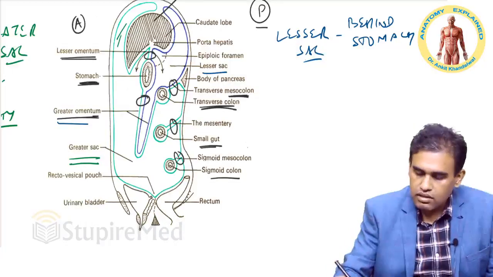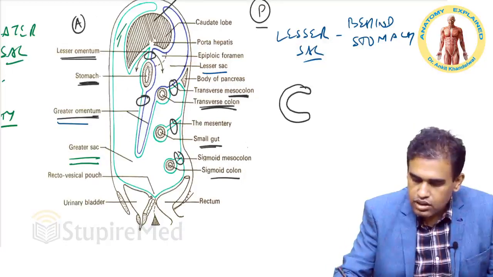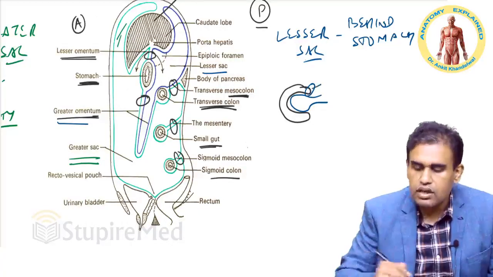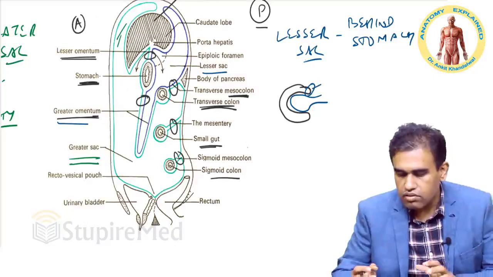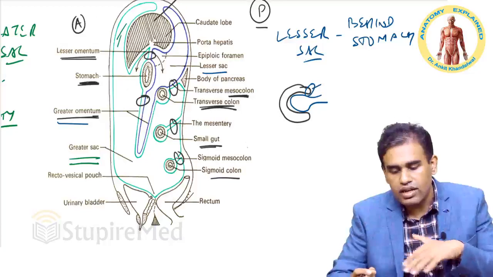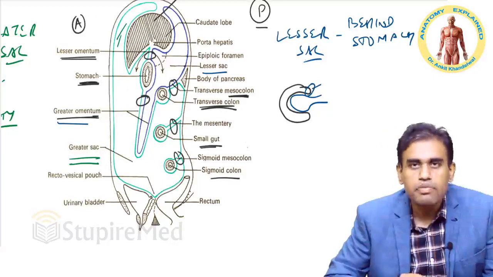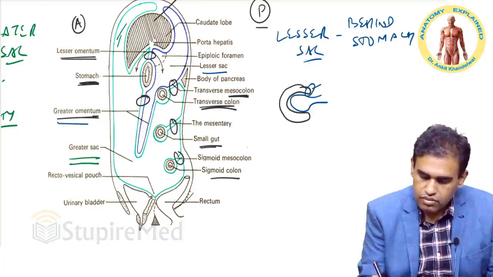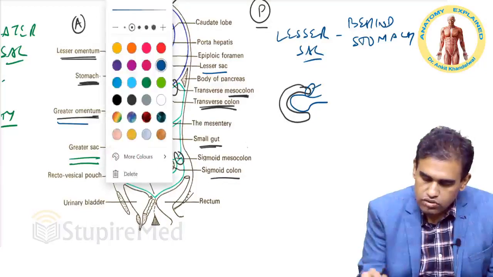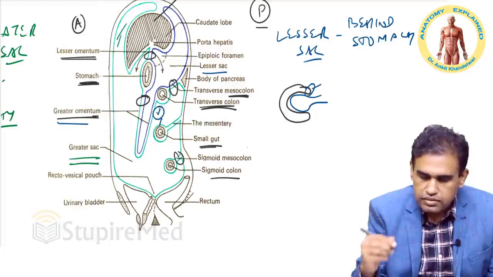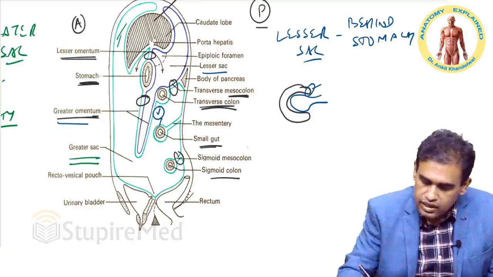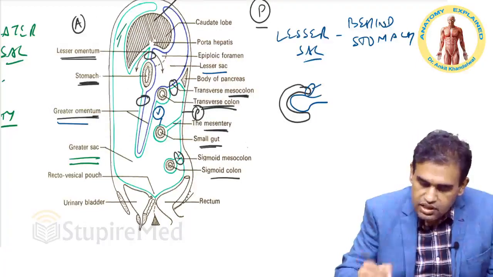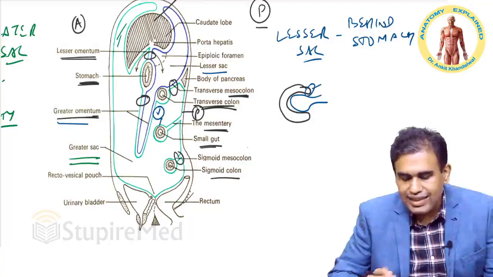Remember, double layered was again the same example of the balloon, and this was your organ inside it. Look over here, this is your double layered fold. So where the folds take place, where the visceral peritoneum is attached to the parietal peritoneum, we call it omentum or ligaments. In these examples, they are very clear. Look over here once again. The peritoneum shown over here, this one is your visceral, V. Now this peritoneum, black color over here, this is your parietal, P. Now this mesentery, which is double layered, is connecting visceral to parietal. So in fact they are a continuous layer, they are not different.